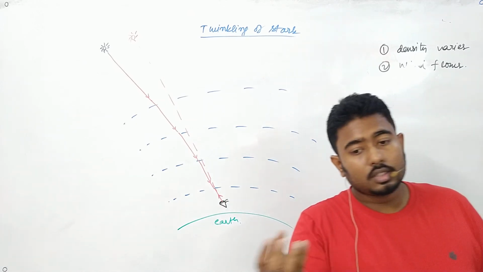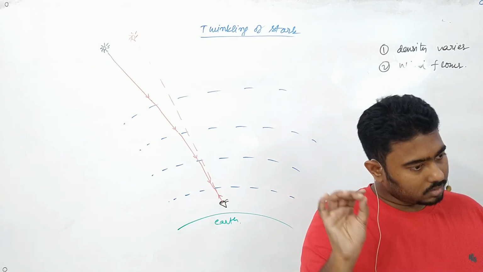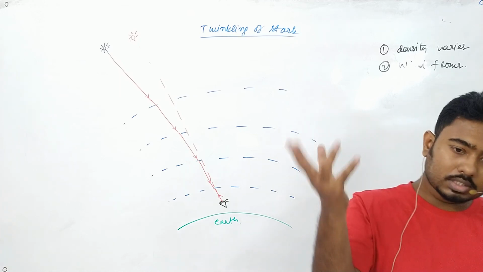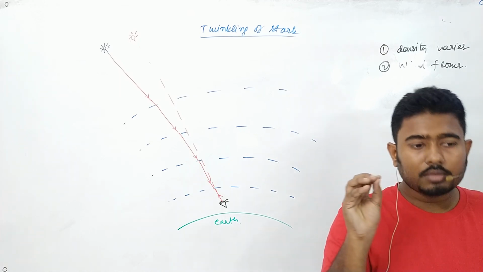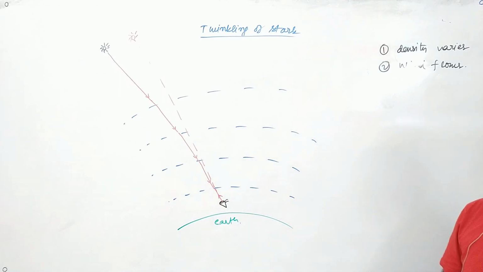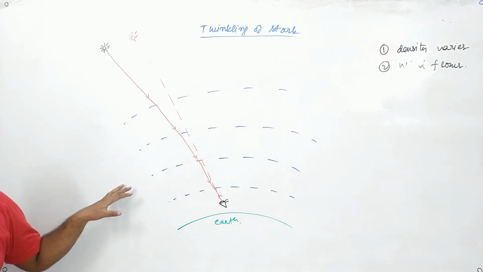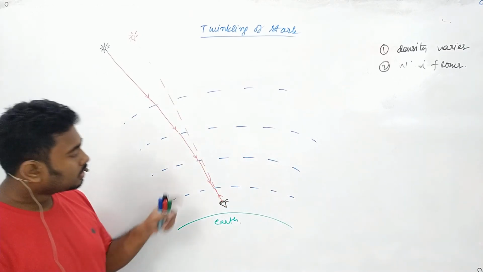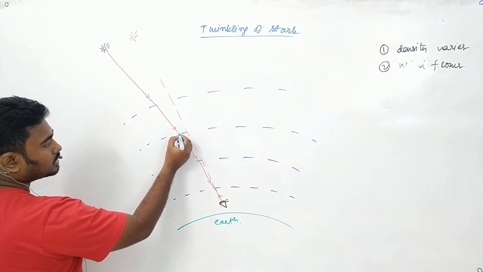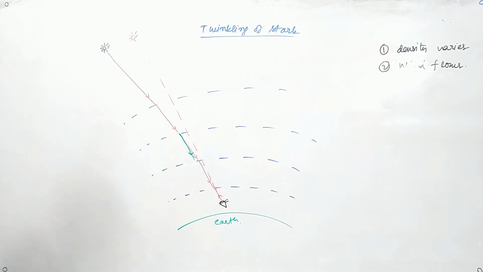And does it twinkle very little? No, it twinkles continuously, faster. Does it twinkle like this, dip, then dip? No, it is always there, but sometimes we can see it, sometimes we cannot. It is changing very fast. Now suppose the wind is blowing in this layer. So it may happen that as the wind is blowing in that layer, the density of this layer may suddenly increase, for example.